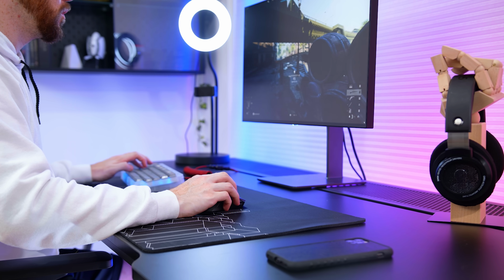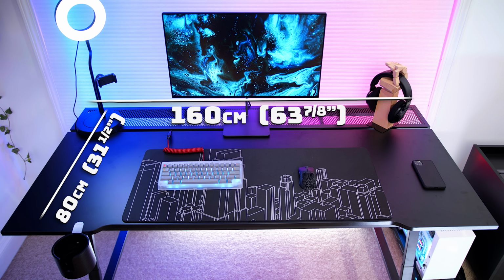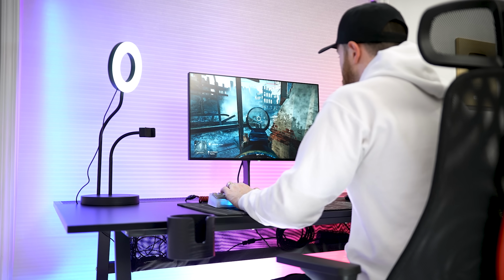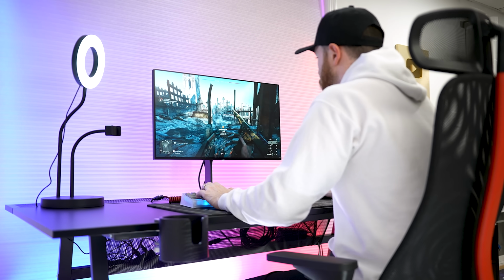First, the desktop is nearly 64 inches wide and 31.5 inches in depth. So you're gonna have plenty of room here. And this is notable because most desks out there, you take a look at one of the more common ones, they're usually around 48 inches wide, sometimes 24 to 26 inches in depth. Yeah, there's some 60-inch wide desks out there too, but with this, you get that extra space both in width